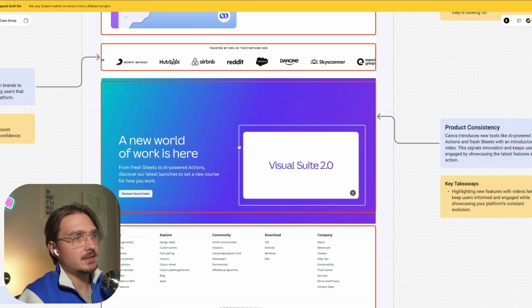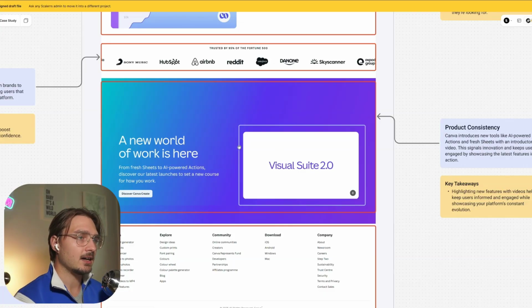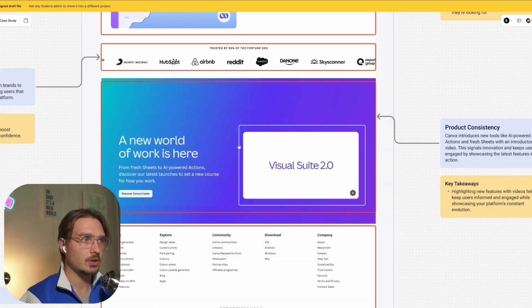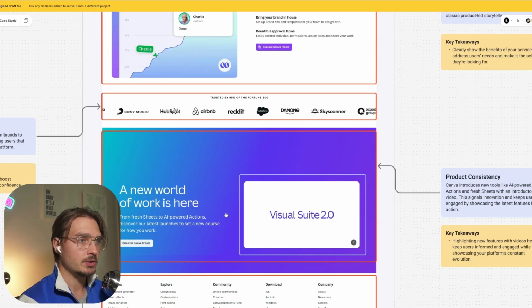This is another aspect that is quite easy to achieve because we have many products doing this. This is a new feature that is getting launched. They use a heading and then they embed a video to give the anticipation of that product, to make the user more engaged and anticipate what they can get by choosing Canva. Especially if you are launching a new feature or you have a feature that you know others don't have, why don't you highlight it on your homepage? Don't waste any real estate space because the user needs to be convinced that you are a good solution for